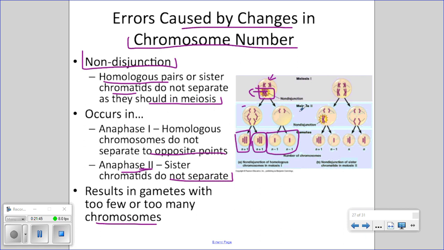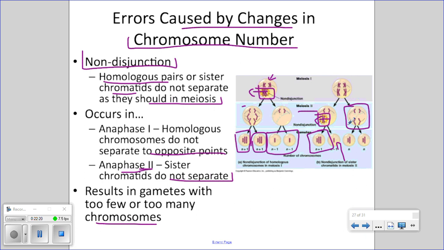In meiosis 2, non-disjunction can occur in anaphase 2, where sister chromatids do not separate. So in this case, both sister chromatids have moved to the same pole, which results in one gamete with an extra chromosome in it, one gamete that is missing a chromosome. Because the homologous chromosomes separated properly at the start, the second daughter cell that resulted at the end of meiosis 1,